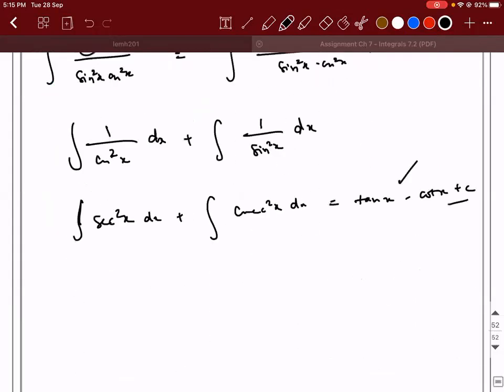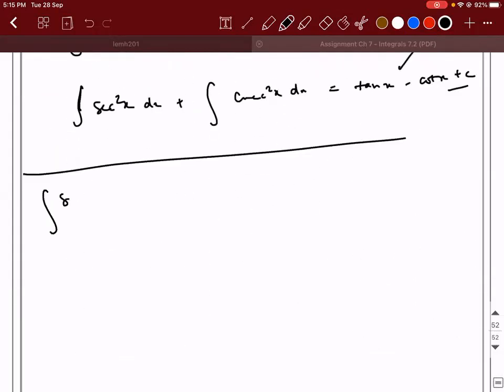Yes, sir. This one only, sir. Tell me the steps you wrote. Integral of sine square x plus... it's not minus, it's plus. Yes, sir. Plus cos square x, sir. We'll get one in the numerator. Yes, sir. One, I wrote it like this, sir.